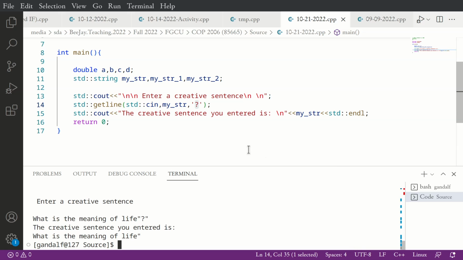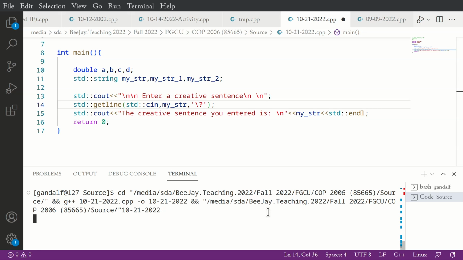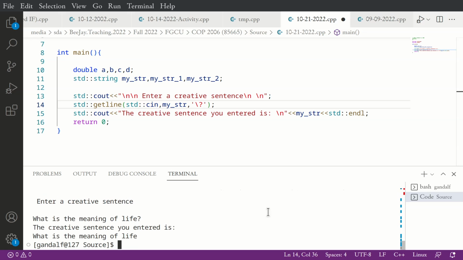So what we can do, since the console is being picky, perhaps I can come up with a symbol such as that. Yes. What is the meaning of life?